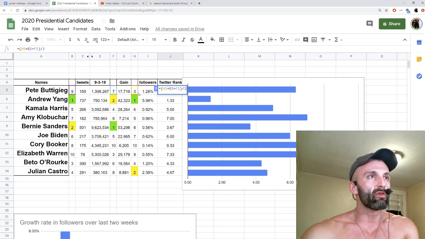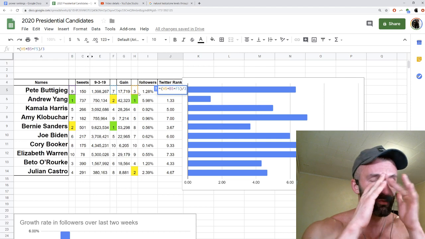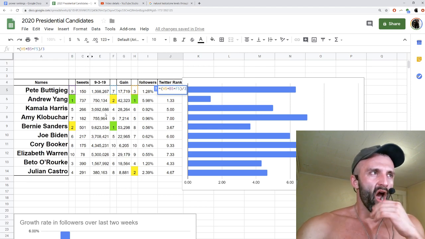And the growth rate in his base over the past 2 weeks is 1.28%. 1.28% is still really, really great, for a growth rate over 2%. And he's already got almost 1.4 million followers. So he's got a decent